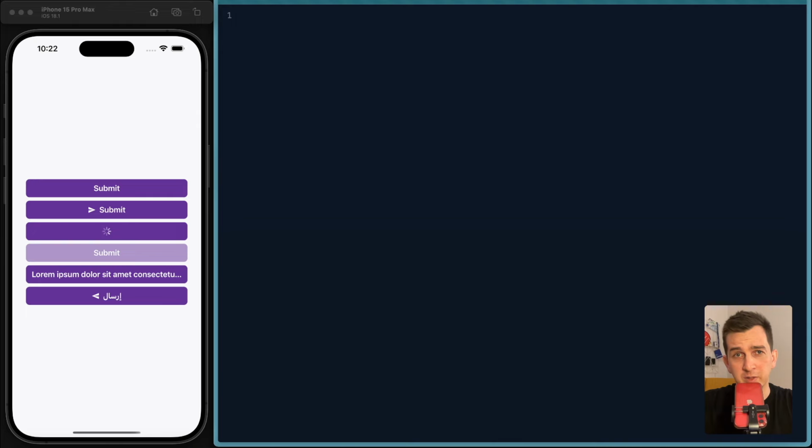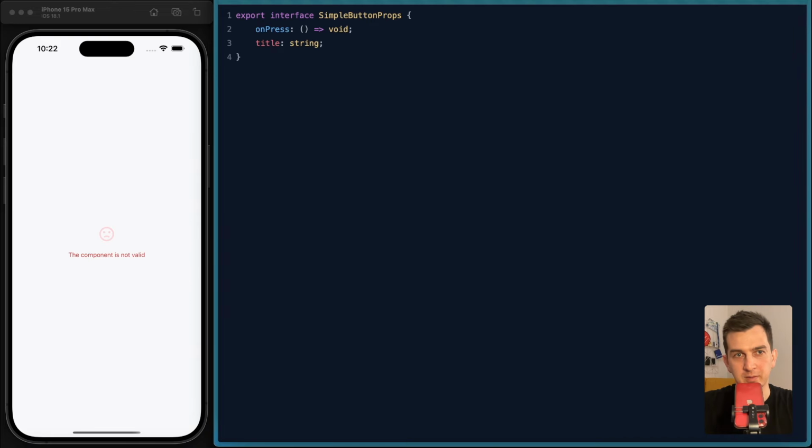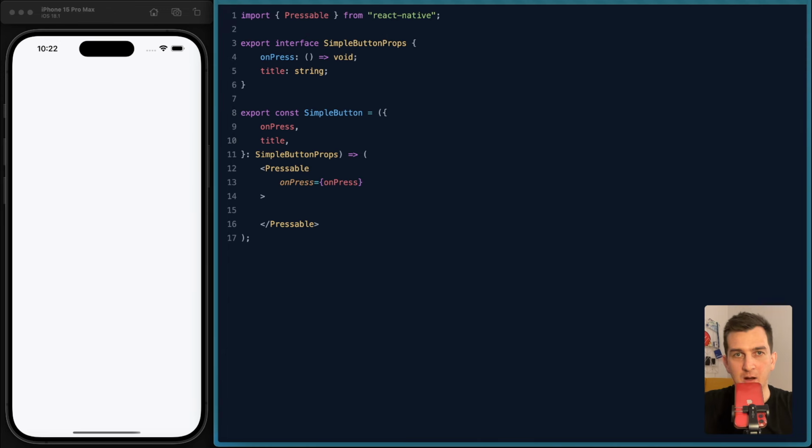77 lines of code. You will need it in every app, and believe me, you will rarely need anything more complicated. I've picked up a few tips that not many developers know about. Obviously, we need an on-press callback and a title. Then we can define an empty function. The button should be wrapped in the pressable component. Add text. Wow, now it says something groundbreaking, I know.